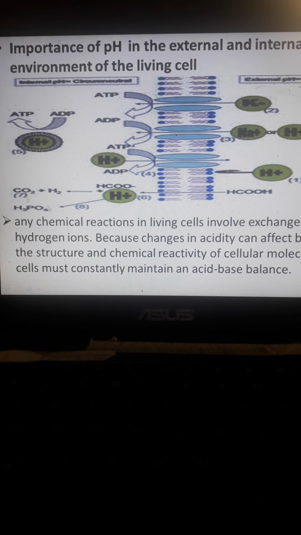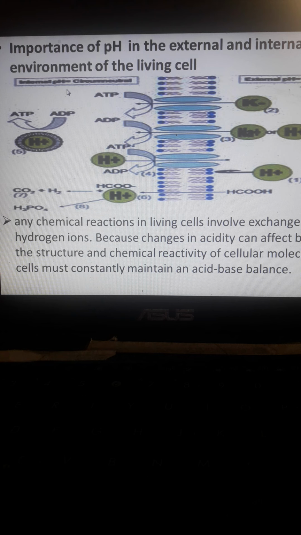Usually the entry of the different ions maintains the pH of the external environment at almost less than 3, which is considered acidic. For example, the boundary of the external environment of the cells in the gastrointestinal tract has a lower pH,